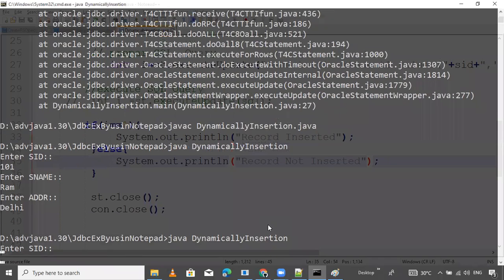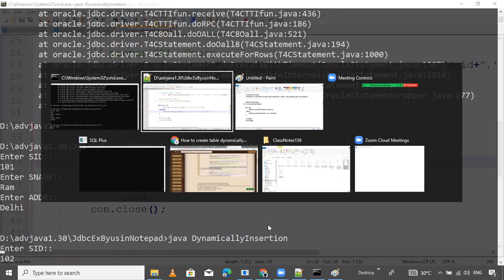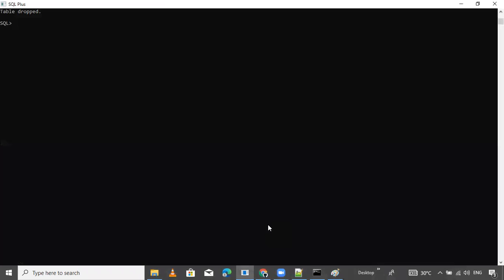I will show you this data is inserted: select star from student1. 101, Ram, Delhi exists.